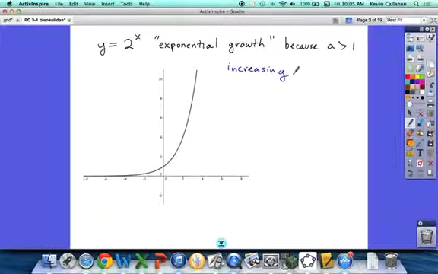Or another way to say it, would this pass a horizontal line test? Yeah, it would. And what did that mean when we learned about that? It has an inverse. Okay, it has an inverse. Because of the shape of the graph, it definitely has an